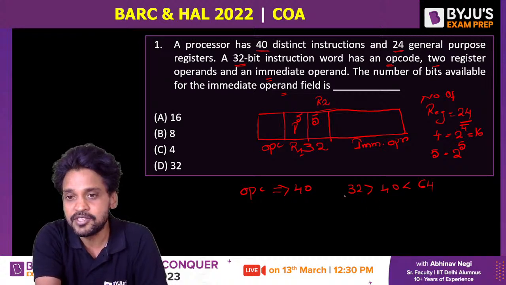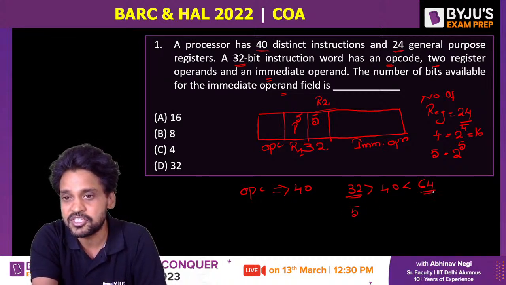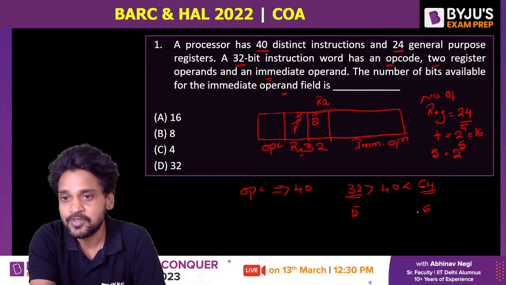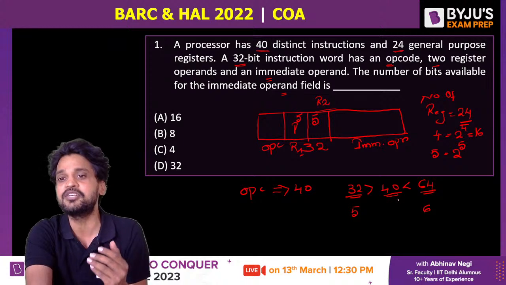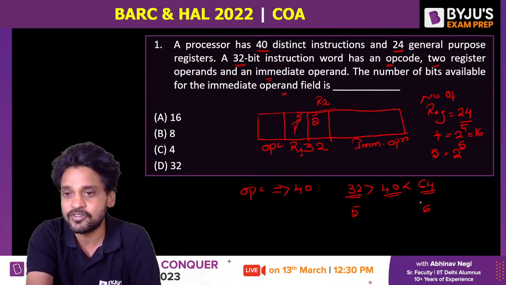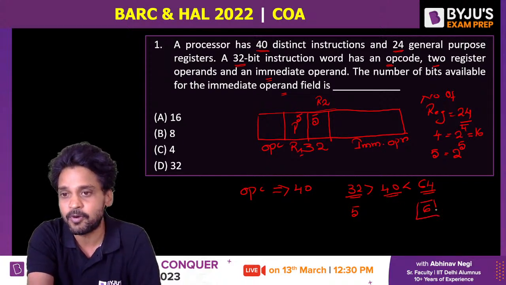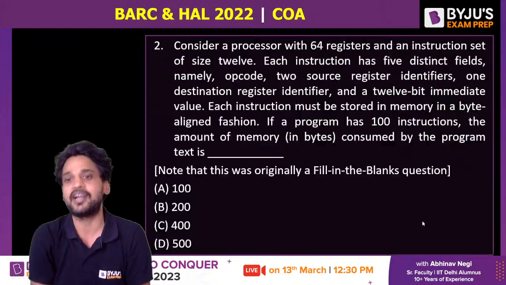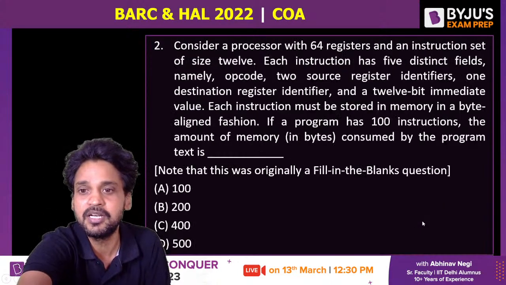If the number of instructions is 32, I will use 5 bits. If the number of instructions is 64, I will use 6 bits. But it is in between 32 and 64. So although some combinations will get wasted, I will still go for 6, because we should be able to provide as many bits as required in order to represent all the possible